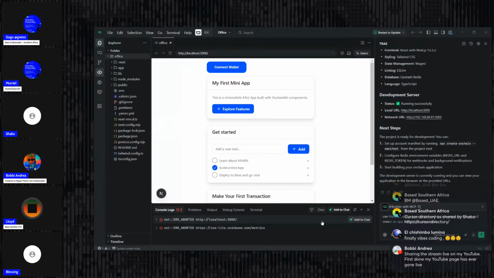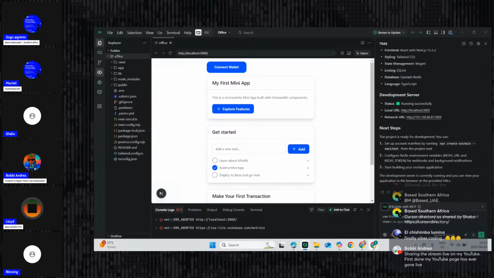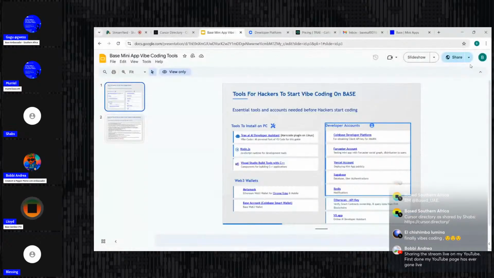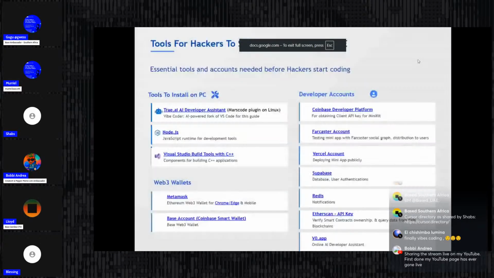Maybe we can set up a meet later in the day, maybe 16 hours, 16:30, and have a one-on-one, just so I can help you guys debug and see how we can go a little bit in depth. And if we don't manage to do that, we can still continue tomorrow as well. So today, maybe 16, I can have a few one-on-one sessions with you guys, just to help you get fully started.